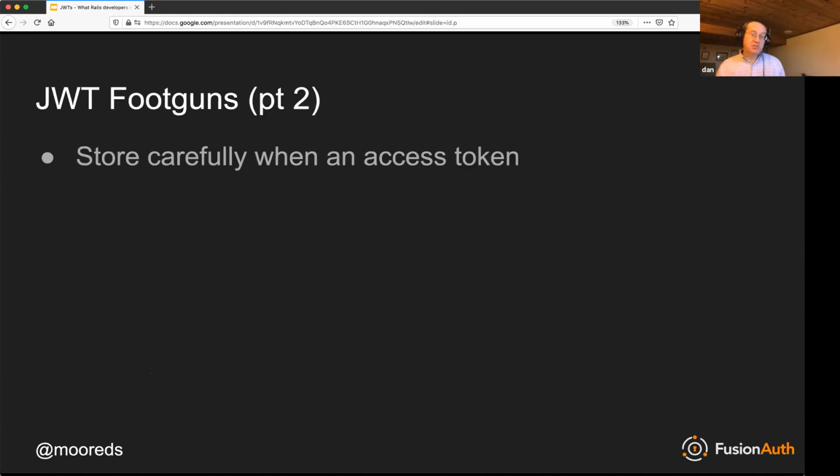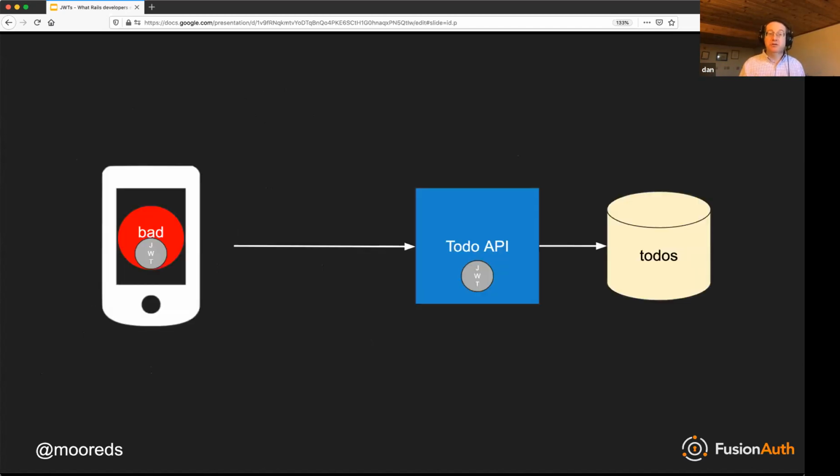Another JWT foot gun is you definitely want to make sure that you store them carefully when they're used as an access token. And again, this is a very common use case. So what you want to avoid is someone stealing your JWT, right? And that could be a man-in-the-middle attack. It could be looking at pastebin or something like that, and seeing a JWT show up in GitHub. GitHub will now warn you if you commit a JWT, or it could be just a piece of bad JavaScript running on the browser, looking at cookies to see what looks like a JWT and sending them off to a server.